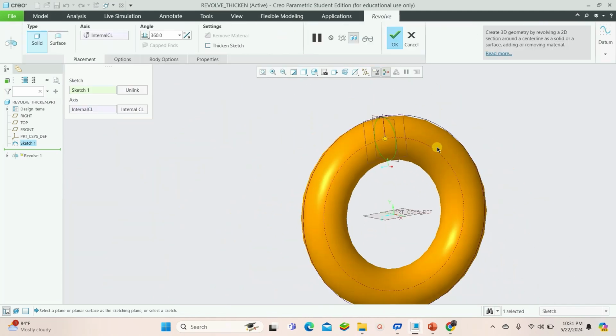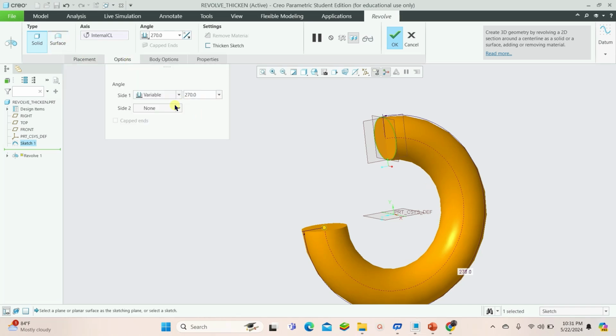Right, automatically 360 degrees gets selected. If you want to change it, you can change it from here, like 270. If you want to flip the direction, then you can flip the direction of your feature. Okay. Here you can see options. Here we have two surfaces, one is this and another is this. Okay,